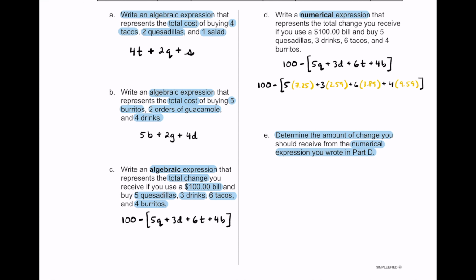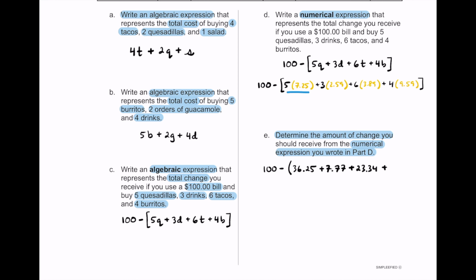Let's go ahead and just do each of these multiplication problems. If you need to write down any of the long multiplication, make sure you do so, but 5 times 7.25, well, actually, let me write this 100 down first. And then I'm going to go back to using parentheses. So 5 times 7.25 is going to be $36.25 for all the quesadillas, plus we're buying 3 of these drinks, but that's 3 times $2.59. That's going to be $7.77 plus, and we're doing 6 of these tacos, 6 times $3.89. That's going to be